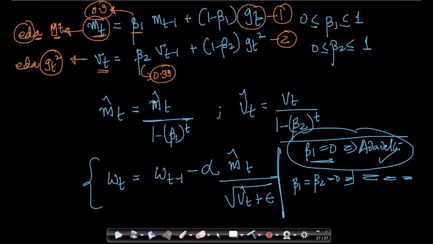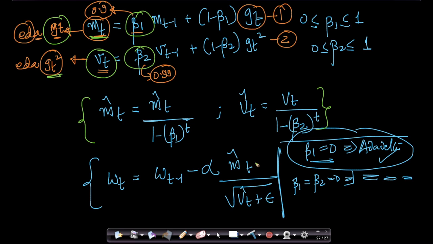Let me walk you through this formula step by step. The first step is computing the exponential decaying average of your gradients. You're also computing the exponential decaying average of your gradient squares, and you're correcting them here. In statistics, this is called bias correction. You're slightly modifying them because you've used beta 1 and beta 2. Finally, what am I doing here? I'm doing something very much like Ada delta and Ada grad. It's very, very similar in concept. So this is called Adam.